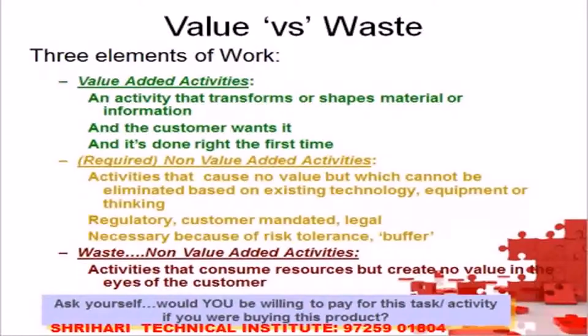So we have 3 elements of work. First one is value-added activities. So an activity that transforms or shapes material or information. The customer wants it and it's done right first time. That's a value-added activity. That's something the customer is willing to pay for. Second element of work